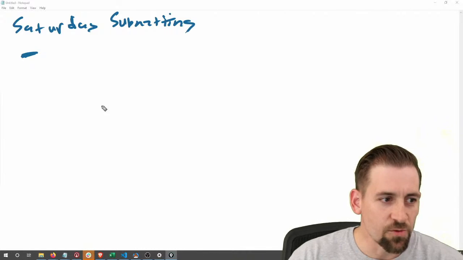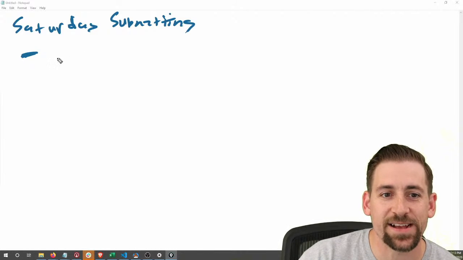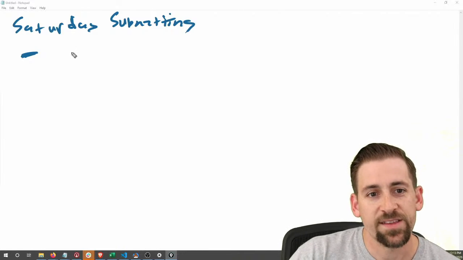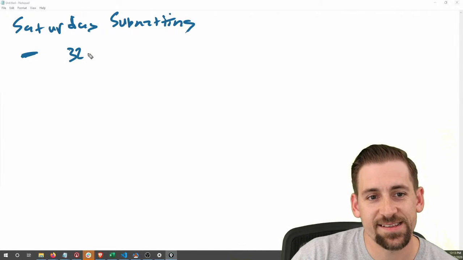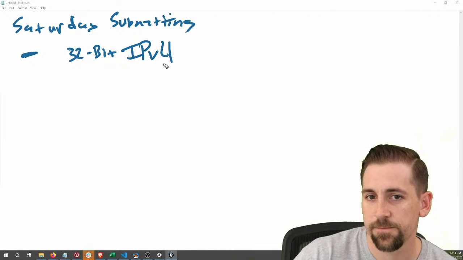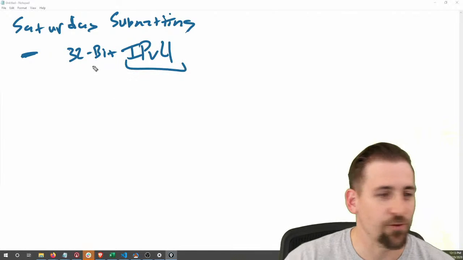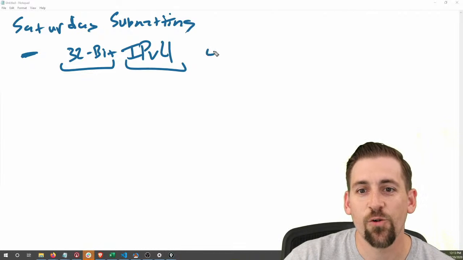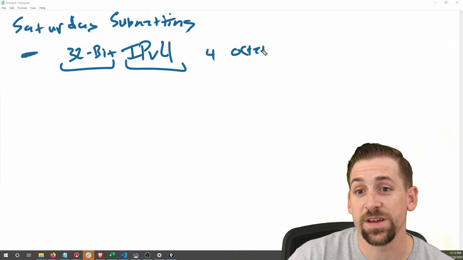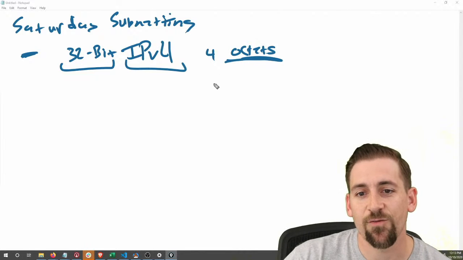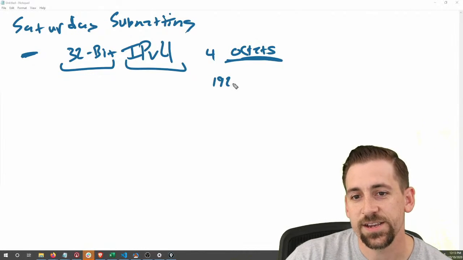So we're covering subnetting topics, right? So the first thing we need to know is how these IP addresses are built. These 32-bit IP addresses for IPv4. Your traditional IPv4 is a 32-bit address, right? Which means it's 4 octets. This is important because this defines how the subnets get broken up, right? And so our 4 octets are 192,